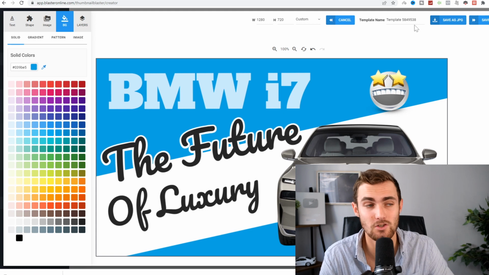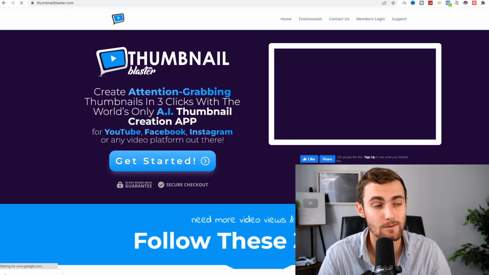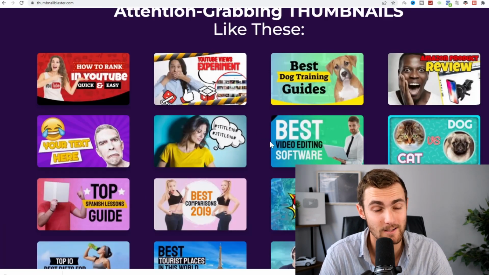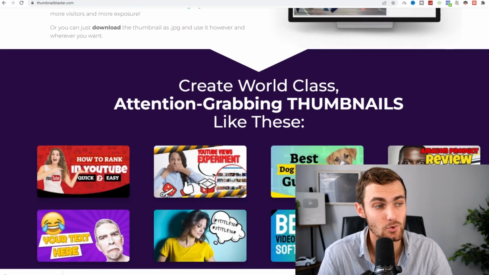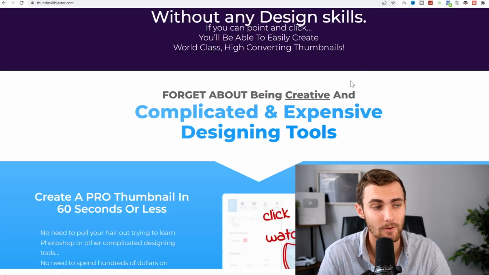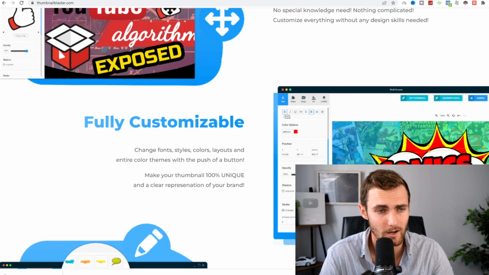And this entire tool that I use to do this is called thumbnailblaster.com, which is an artificial intelligence thumbnail creating tool that gives me hundreds of different templates, just like I showed you. And this tool over here costs $37 once off. It is also a paid tool, but there's no hidden monthly fees or anything like that. You'll see over here if I scroll all the way down to the bottom over here,